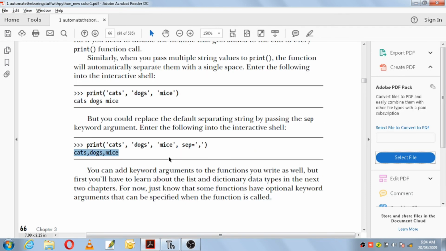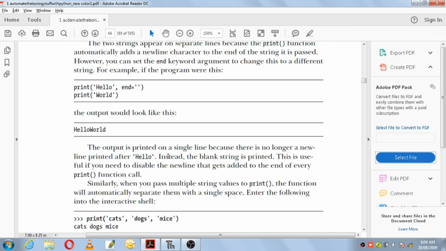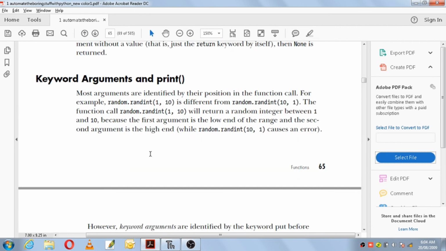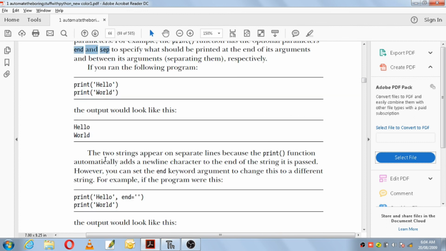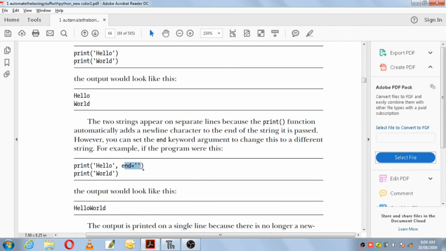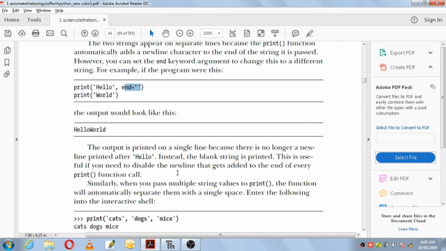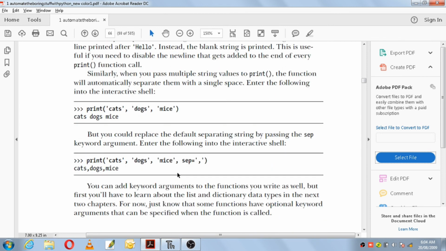So this was about the keyword arguments end and sep. What the end argument will do is eliminate the new line character, the new line string, and the sep argument will help you put a separator between those print arguments.